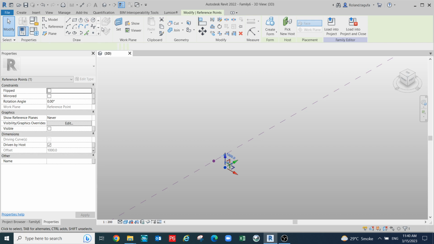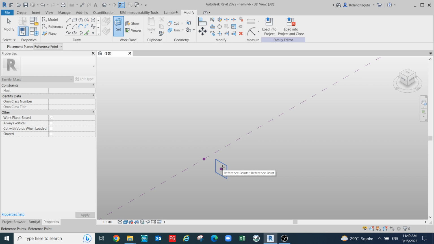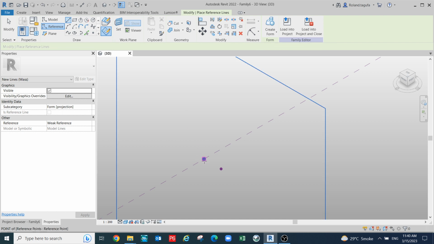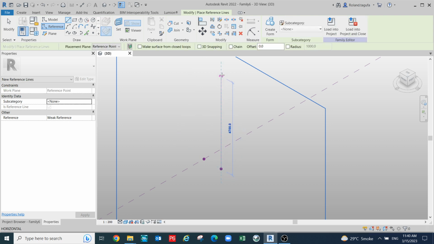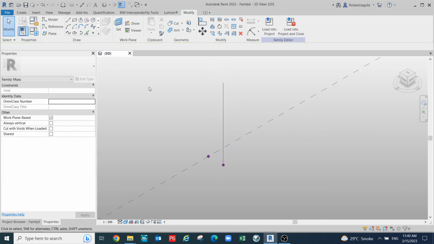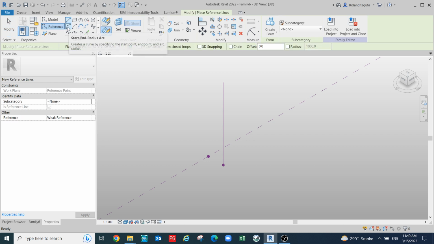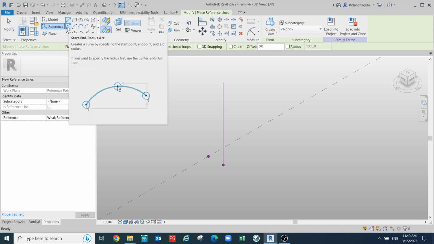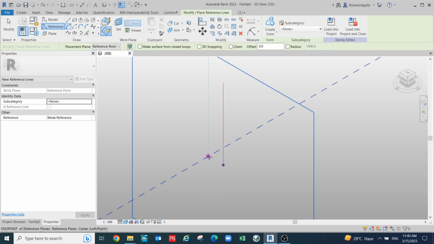This point. Okay, you need to set your work plane here on this, and then reference line, and then drag it up. No 3D. Drag it up. And then another one, reference line, and then I want to make it start arc and reduce arc. Then snap on this point, and snap on this point,